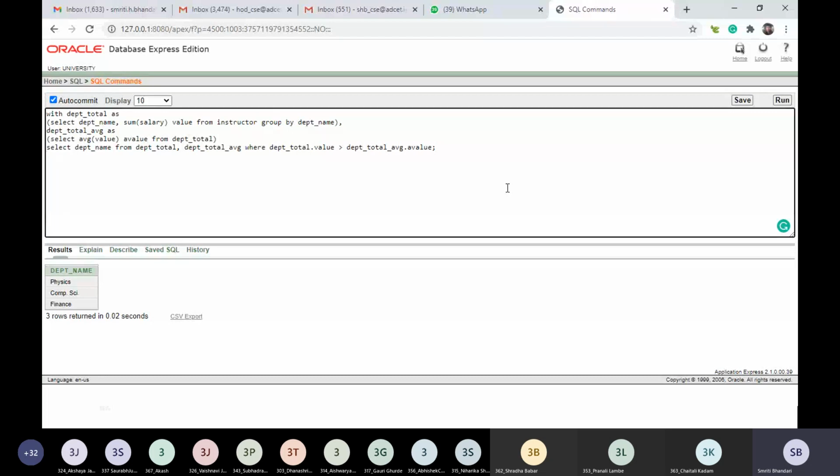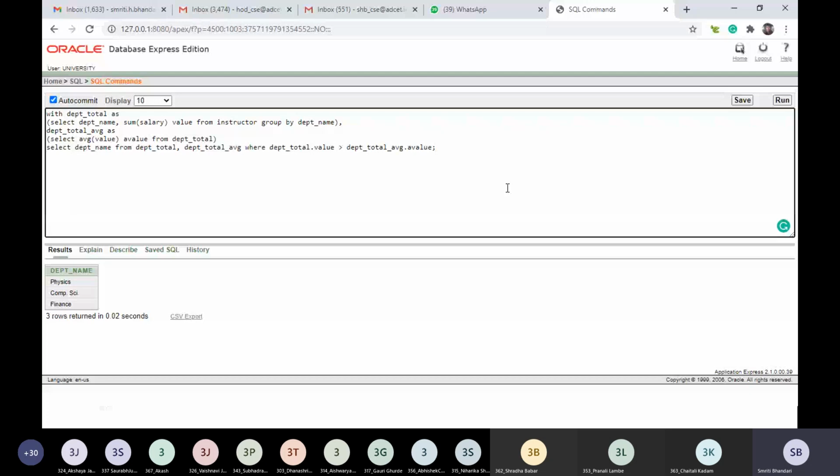You are supposed to write such kinds of queries in your lab sessions for your problem statements. You may have such questions in your exam also: given a schema, write down the following SQL queries.